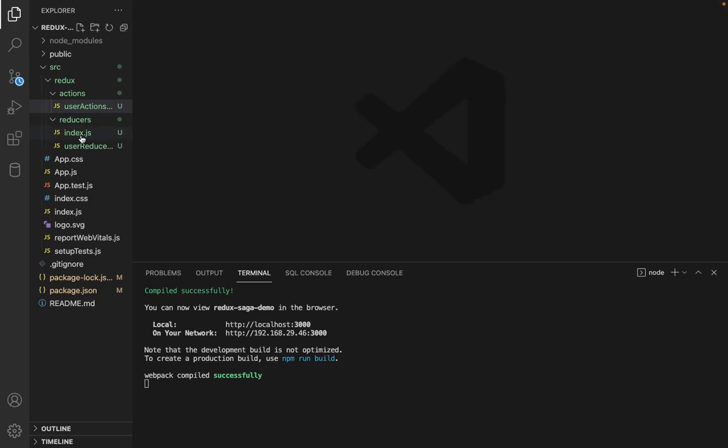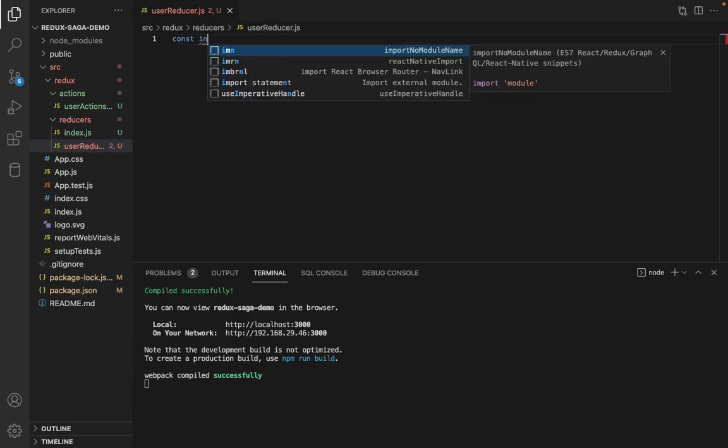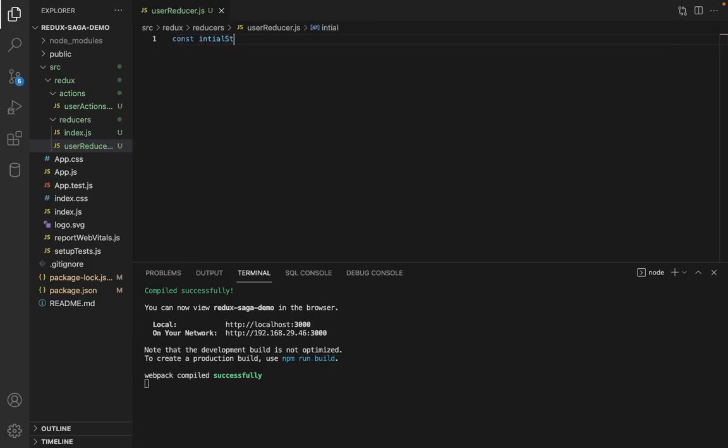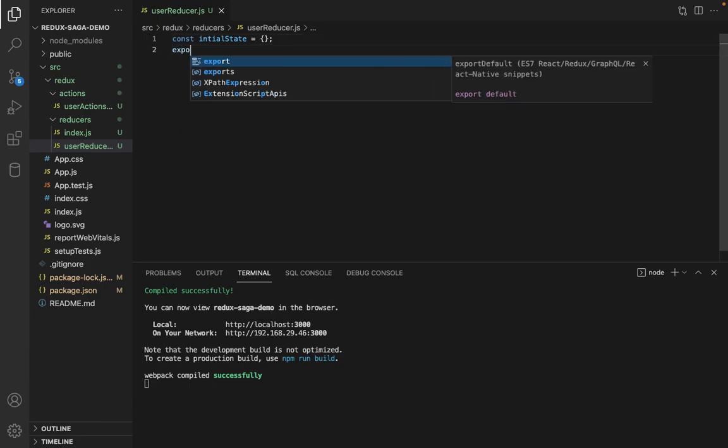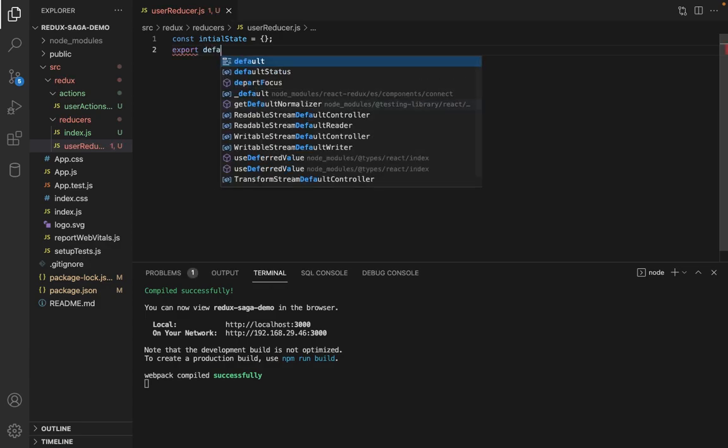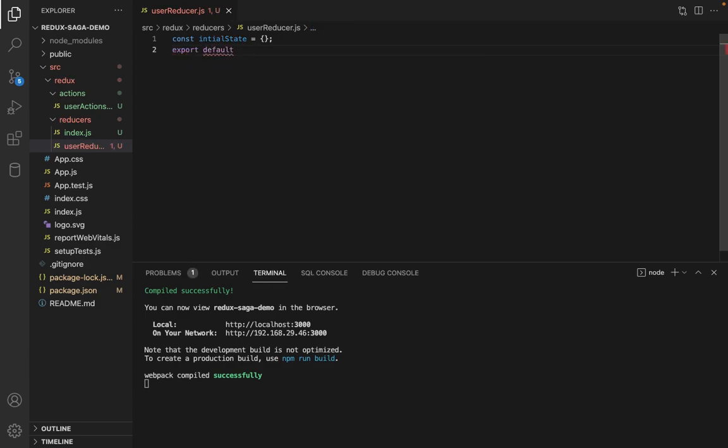Now talk about reducers. So talking about the user reducer, I'm going to simply create const initial state equals to, so guys, I'm going to just get a user, so I will be simply writing this parenthesis, so it makes sense to me that I'm going to talk about a single object that contains nothing, or an empty object. So here I just need to create another function, so I will write export, and I need to just pass the function, so I can export default,